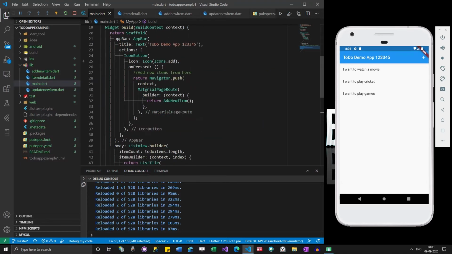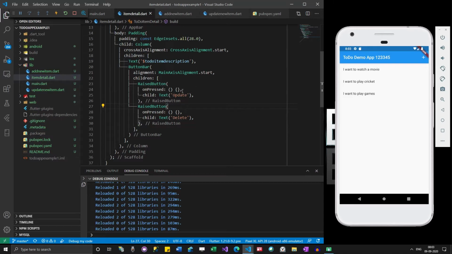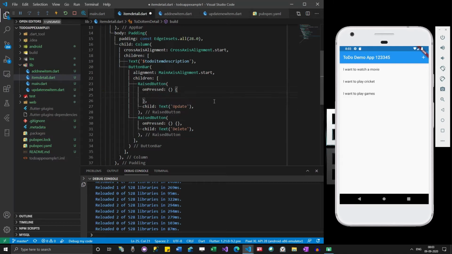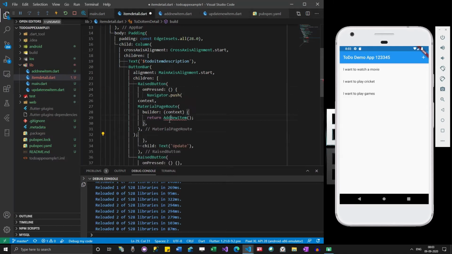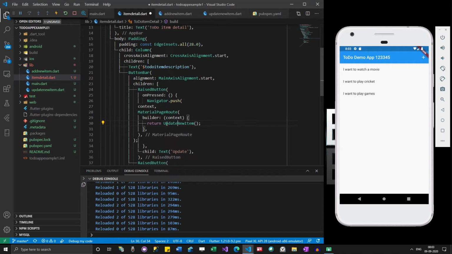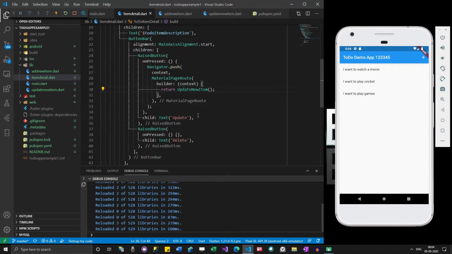Item detail. I'm just reusing the same code.